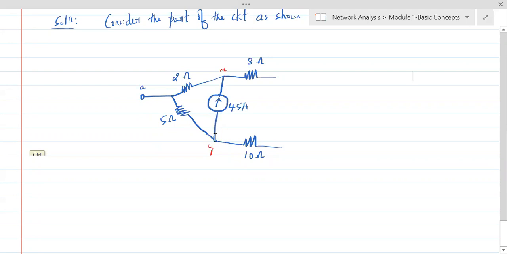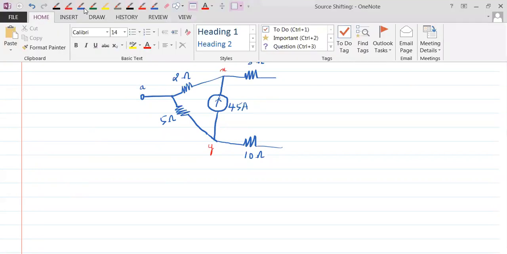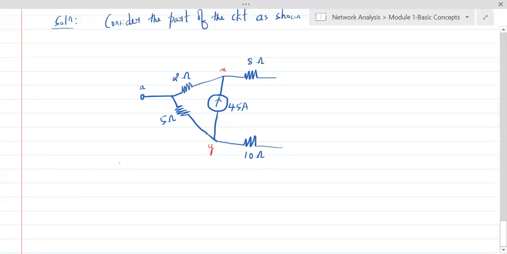Now instead of that, what I'll do is take this current source across 5 ohms, one current 45 amperes across 5 ohms. So what will happen is this 45 amps will be flowing till this point, and from this point it cannot move in this direction because this is open circuit. So this has to move in this direction, so I'll connect another 45. That is what we need to be doing. Everybody say that: shifting 45 ampere source. Let's do that now.